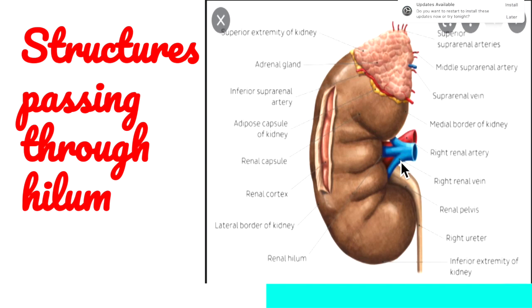Three structures should be there. Along with that, the direction of the ureter can also help us place the poles of the kidney in the exact position. At the level of the inferior pole, the renal pelvis will continue as the ureter. By that we can keep these kidneys in anatomical position.